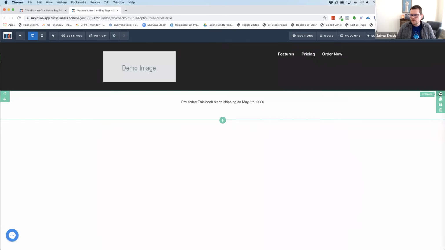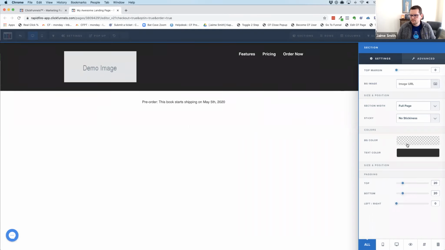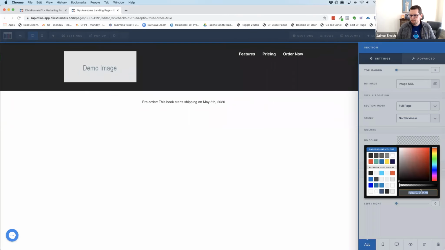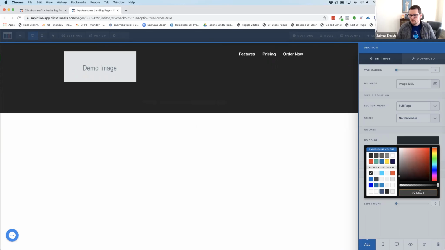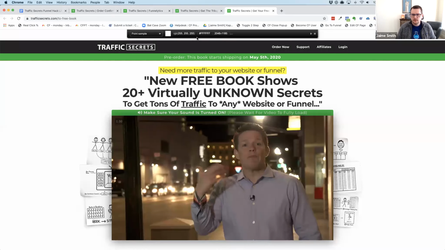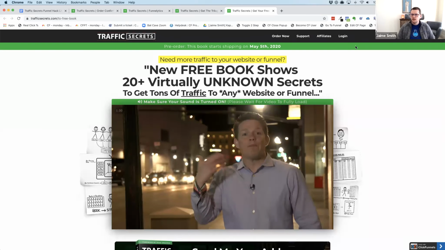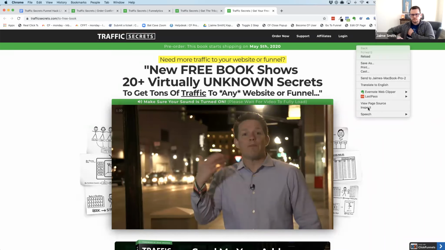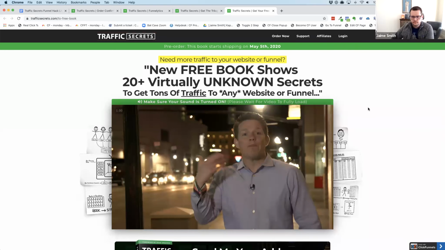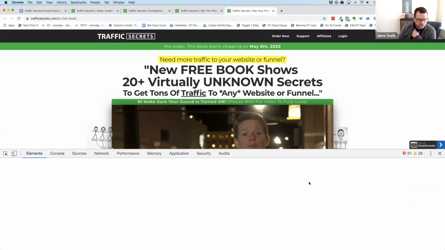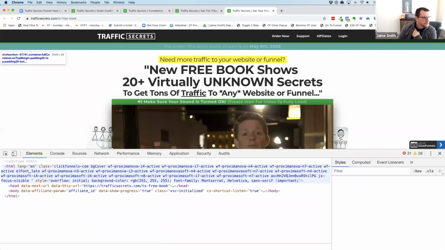So now we can go in and we can change this background color. Oh, it did not copy my color. Oh goodness, we're not even going to use this anymore. Let's do this a different way. So if we right click on this background and go to inspect,